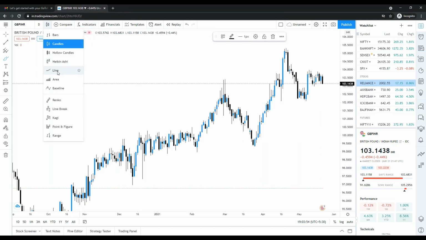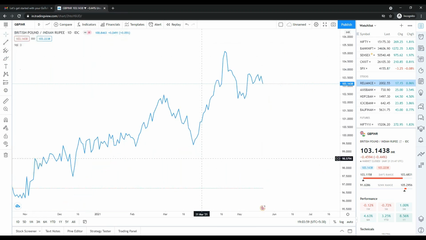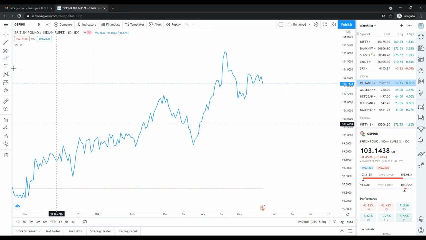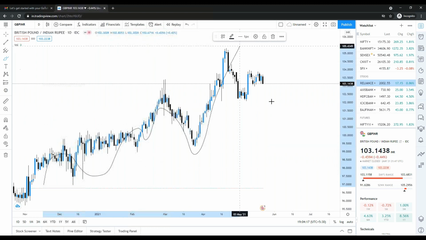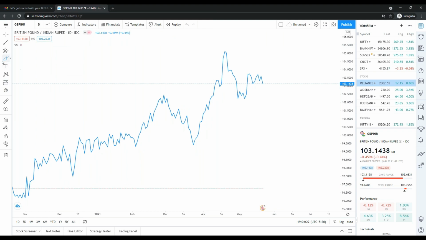Then again we have the line chart. Line chart is the same, it's showing the movement in a line. It will give you an overall idea. In a quick shot it will tell you exactly what the price is doing. In the candles, as a beginner you might not be able to see this. But if you are getting confused about what the movement is, just click on the line chart, and it will tell you exactly. See, the price is like this, then this, then this, and it's kind of an upward movement.